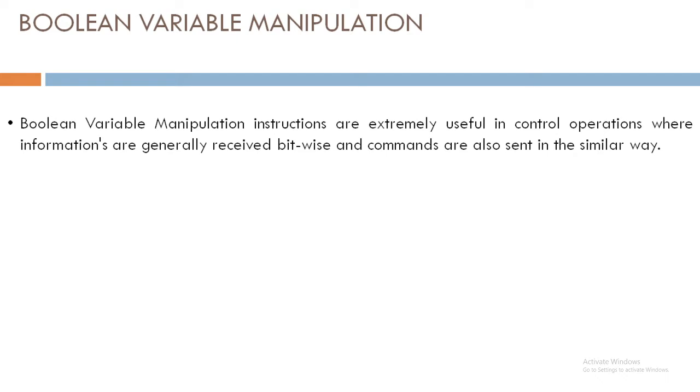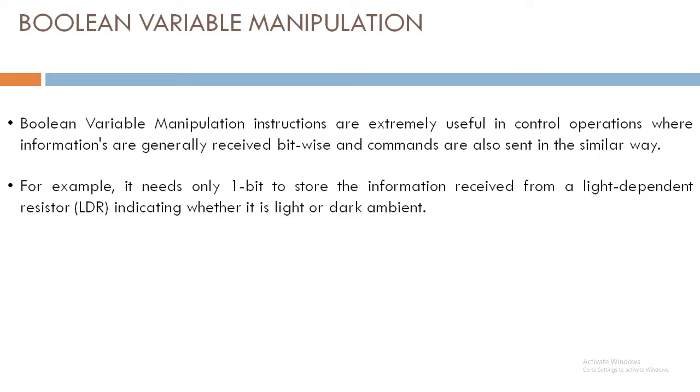Generally the information is bitwise and commands are sent in a similar fashion, so that the bits are used to control the equipment or devices which are turned on or off by just using one bit of information. Now, the example being discussed here is